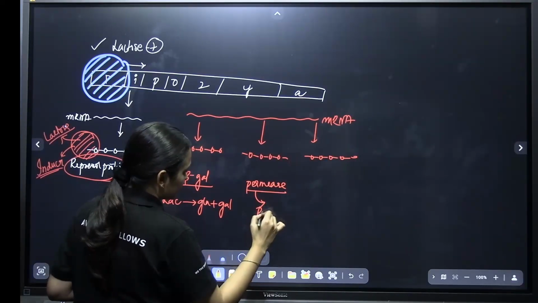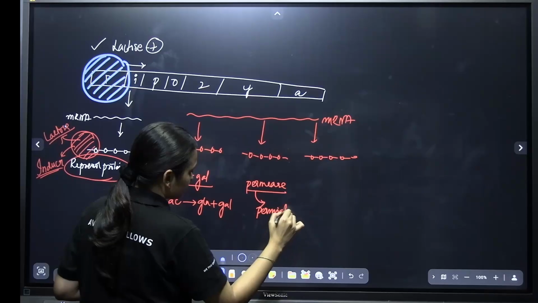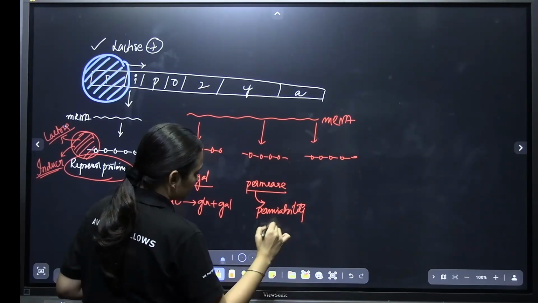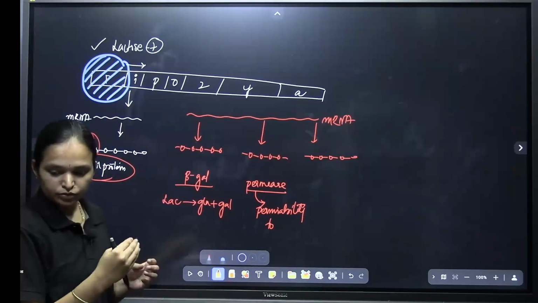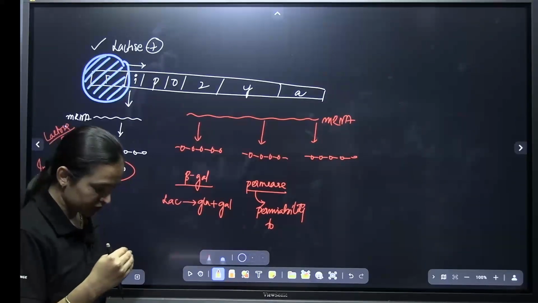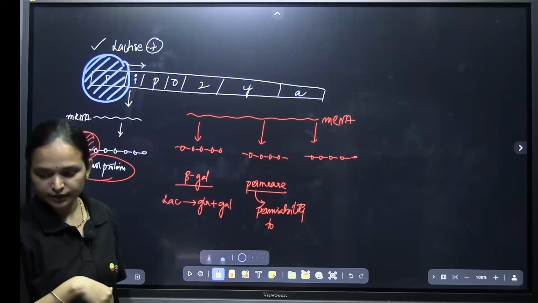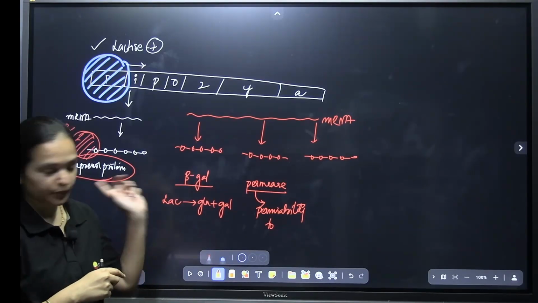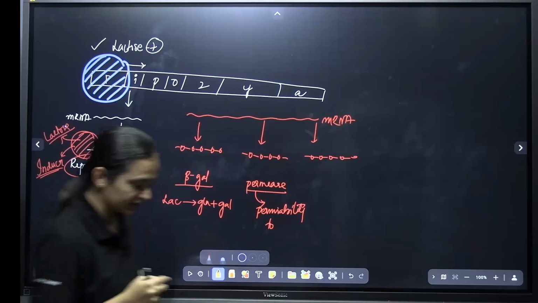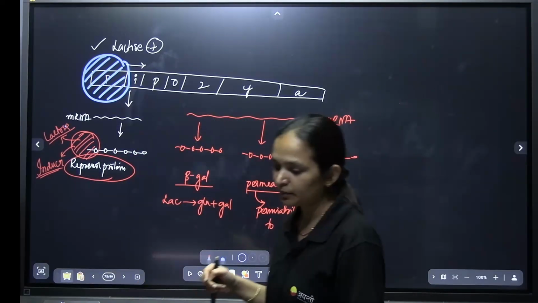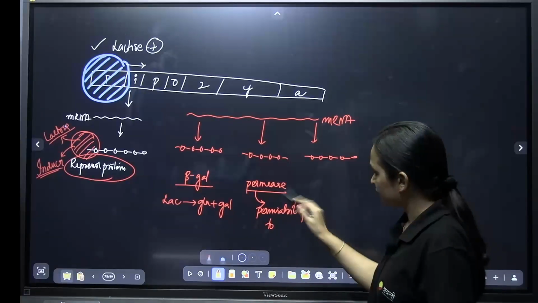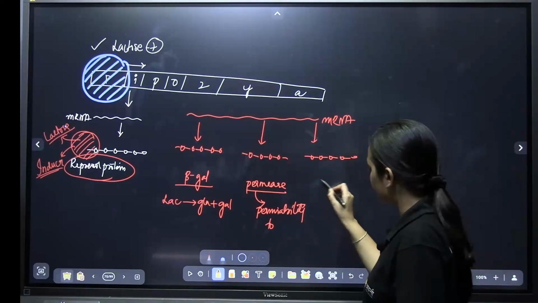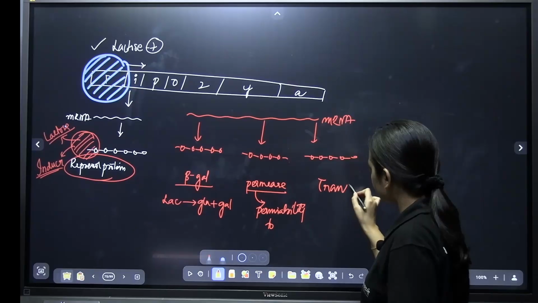This gives the permeability in the cell membrane for the lactose to enter easily into the cell. In the previous question we were doing it. It was permease giving the permeability in the cell membrane for the lactose to enter into the cell from the growth medium. Okay, this is permeability, and this is transacetylase,